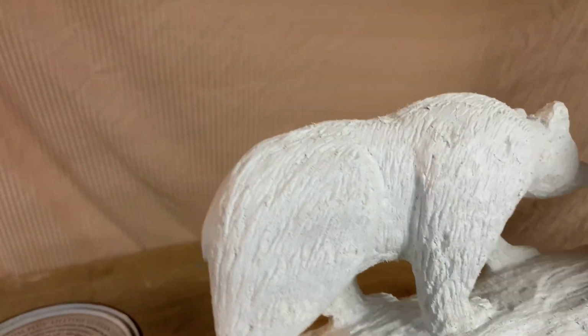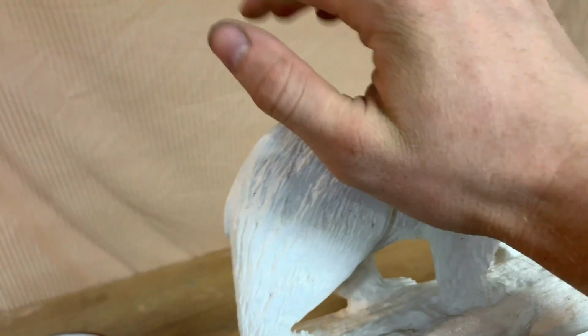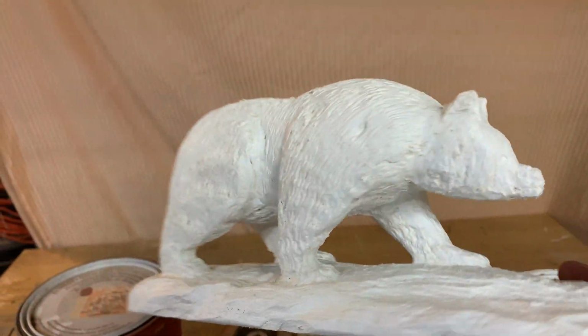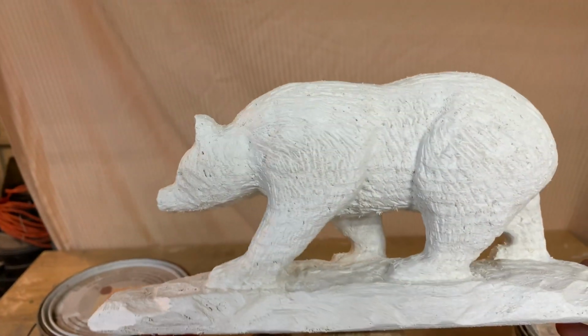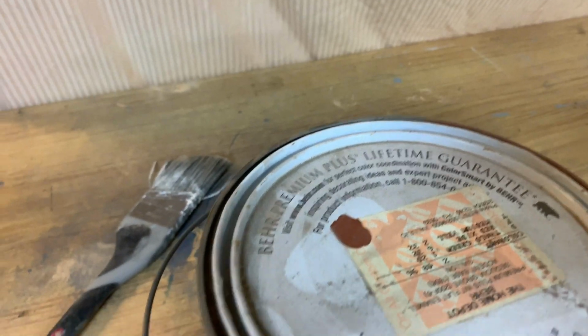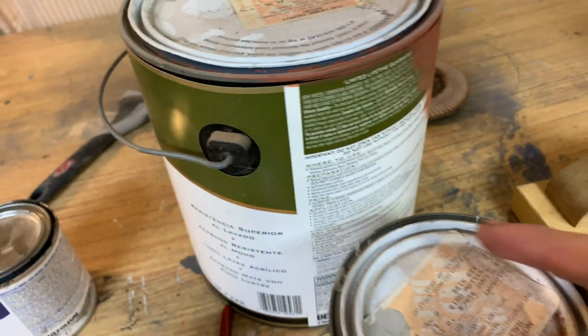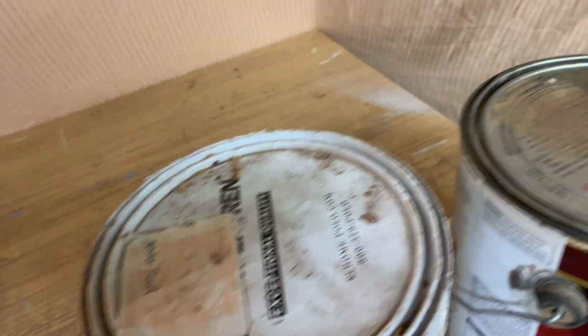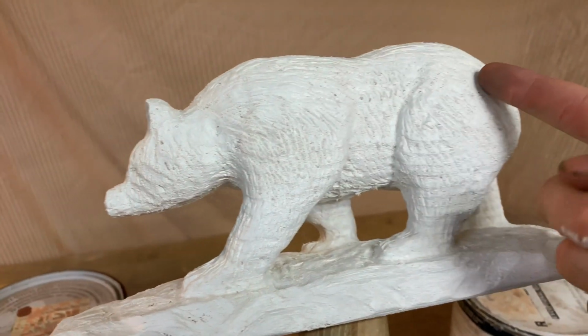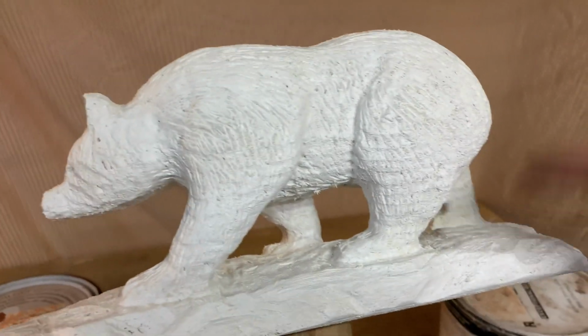With the hairdryer trick, the primer's completely dry to the touch in like 10 minutes. So now I'm gonna try and paint this to look like a grizzly bear. I'm just gonna use house paints. So I've got this kind of reddish brown, I've got a black, a light gray, white, and this dark gray green. I'm gonna mix them together and try and get a grizzly bear color, and then maybe some kind of